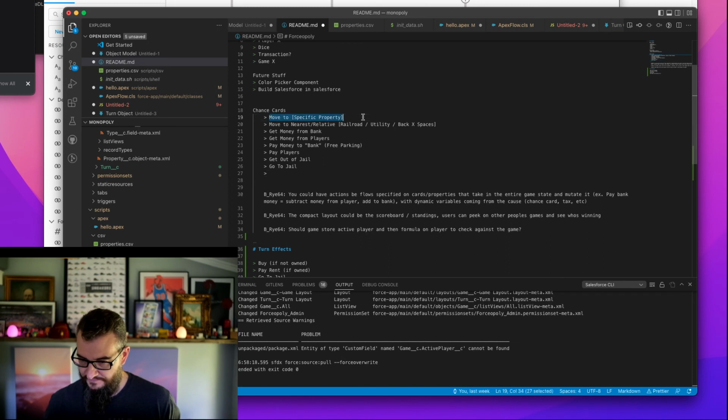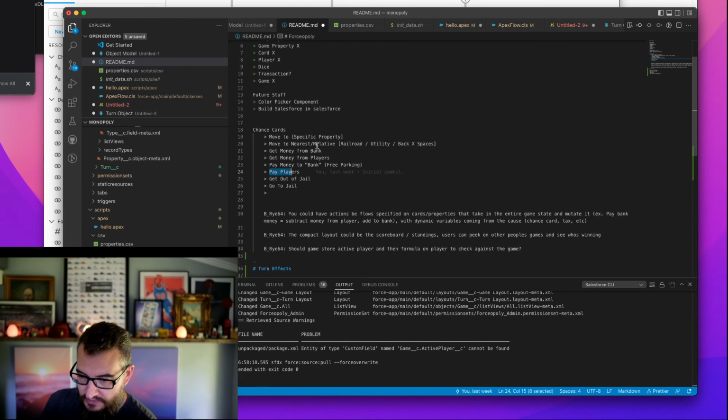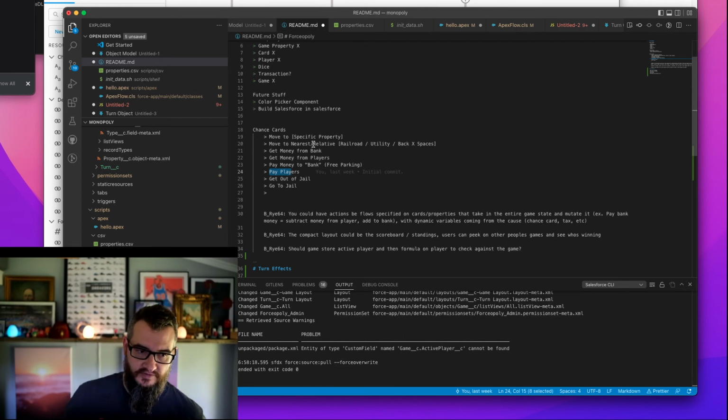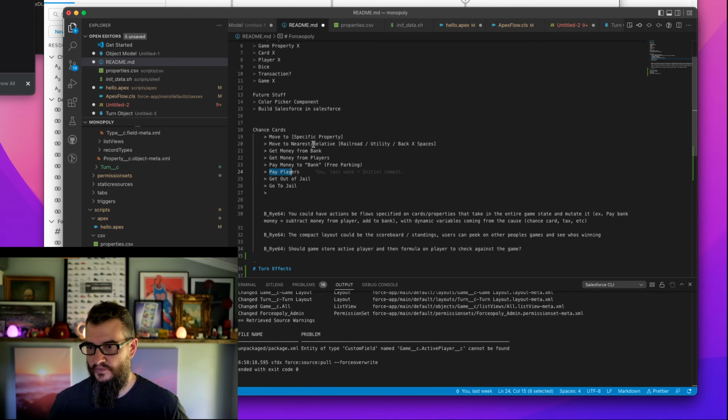Chance cards move to a specific property, to the nearest railroad, utility, or back spaces. You get money from the bank. You get money from players. You pay money to free parking. You pay players. You get out of jail or you go to jail. You don't ever move to another chance. So you're only ever going to have one card interaction in a turn. So I think we could capture that as part of the turn, and